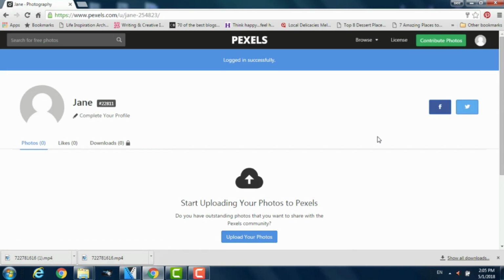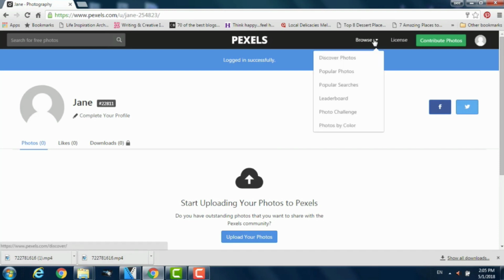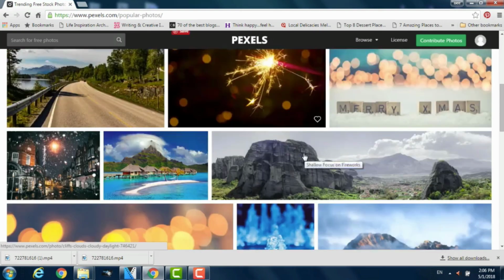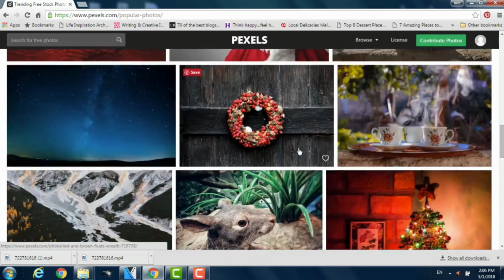This takes you to your profile page, and from here just go up to the browse link at the top of the page. This will give you several options, which are discover photos, popular searches, leaderboard, photo challenge, and photos by colour, which is a really interesting one to use. So if we search for popular photos, you can see thumbnails of the images which are currently Pexels' most popular